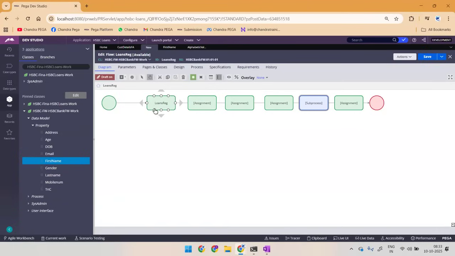But the assignment is something the real user should take care of, right? So I have to enter the leave start date and end date. That is the assignment for the real user, hence the name assignment shape. Okay, fine. So the flow every time should start from the start shape, and ultimately after you apply